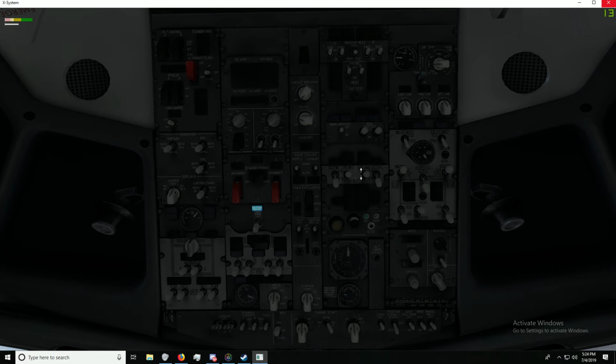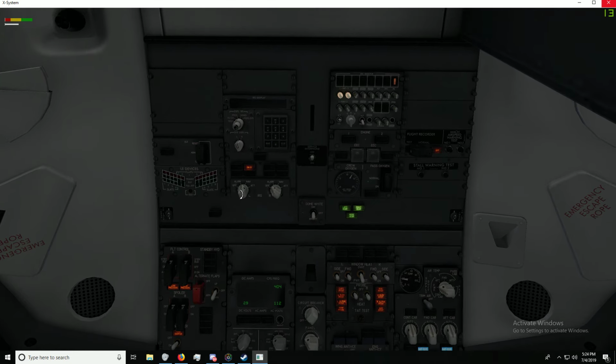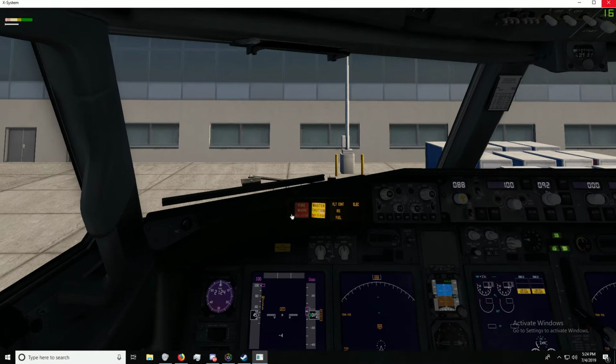Battery on. Ground power comes on. Switch this to ground power. Go up here. Turn both these knobs to nav. Turn this to heading/status. Then once you've done that,